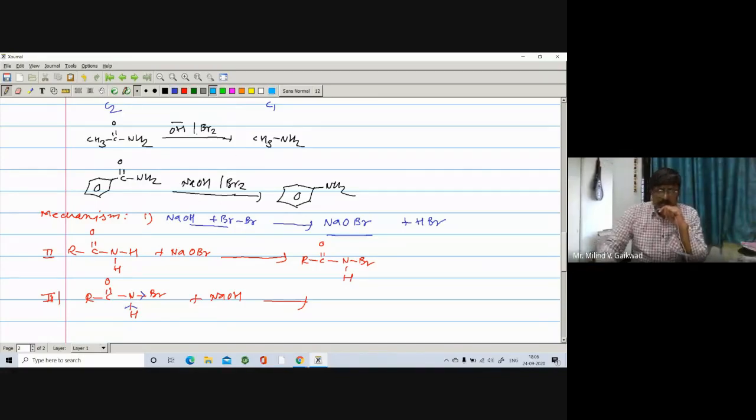The bond between this hydrogen and nitrogen will open on the nitrogen. There is a formation of a corresponding R C double bond O. Here is an N, right? Here there was a lone pair already. Again, there is a formation of one more lone pair, right? So here you get such a type of compound, and in this case, the rearrangement step takes place.